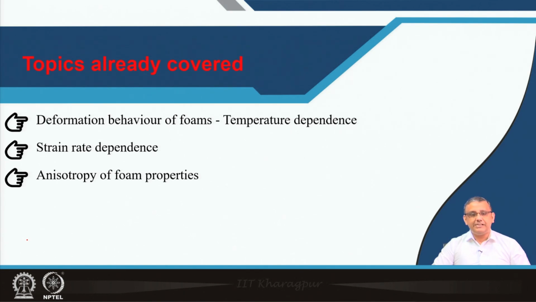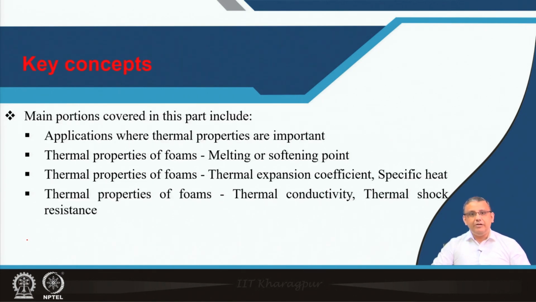In this last section, we discussed how the cell shapes have an influence on the foam behavior, and if the cells are perfectly spherical or cuboid in shape, the foam properties are identical along all directions. However, if the cells are not spherical or cuboid, for example, if they have a specific aspect ratio, then the properties also differ, and the aspect ratio of the individual cells actually controls the mechanical properties of the foams. In this lecture, we will cover another very important property of the foams, and that is the